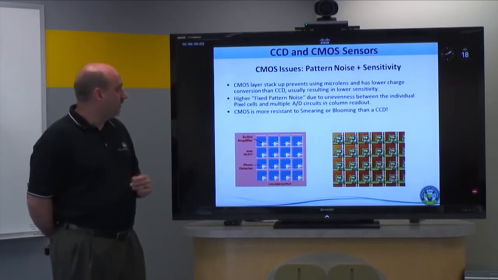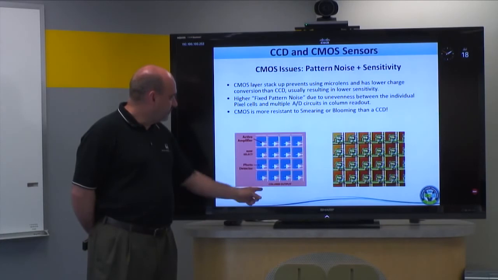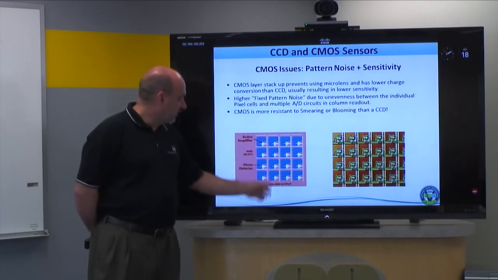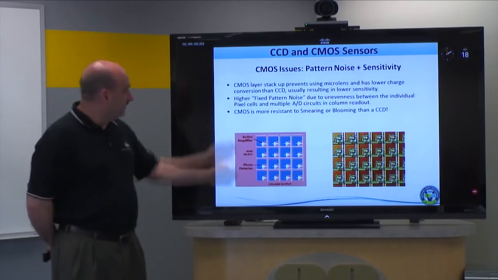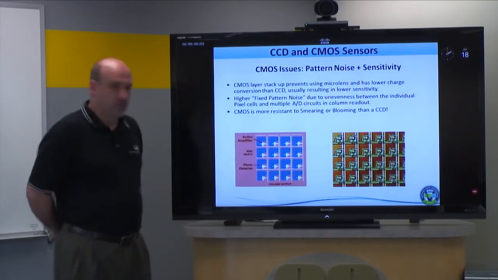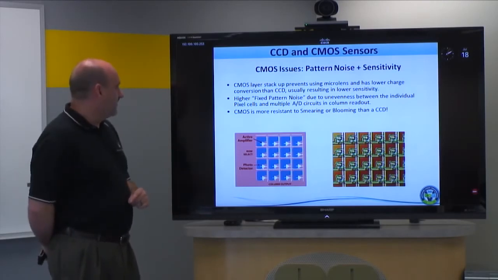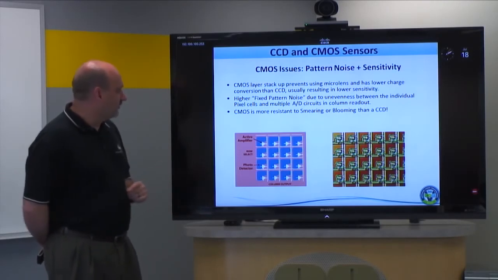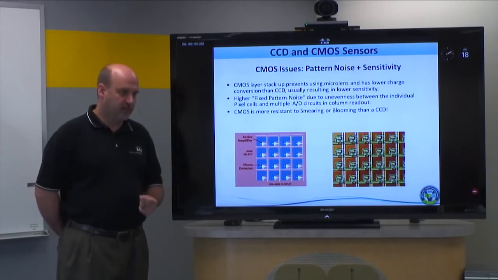CMOS also, because the image is digitized on the sensor, tends to have an active amplifier either on every pixel or at least on columns or multiple columns. This structure is then repeated throughout the sensor in order to get the active readout and not have to flow the charge around. The downfall to that, and we'll see some examples of this coming up, is every A to D amplifier has a little bit of variation as well as its own random thermal effects, and